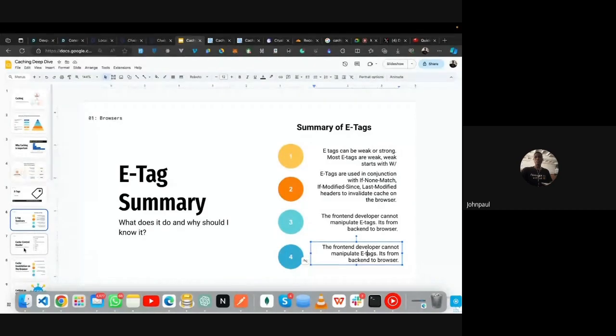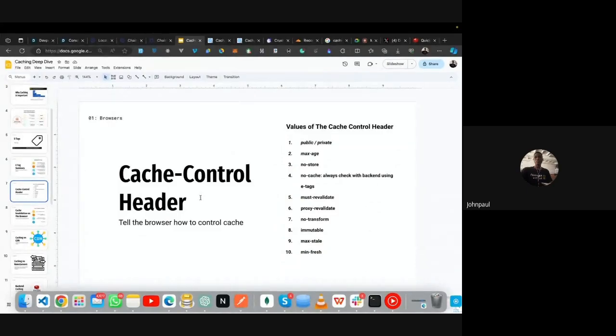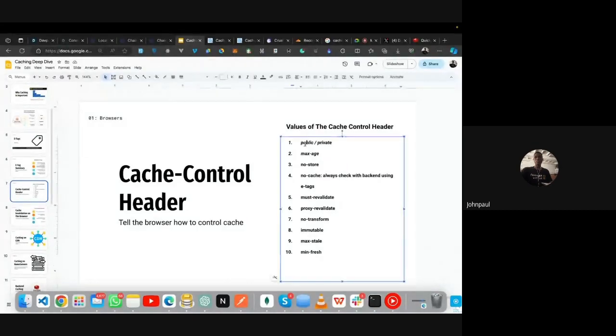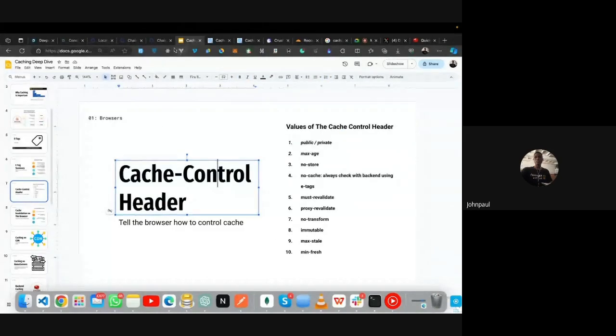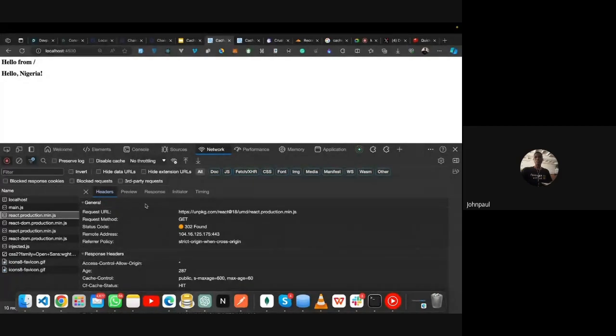So we'll go to the next cache header, which is cache control. This cache control tells the browser basically how to control the cache. And then there are some values here. There's the public, there's the private. For public, it's saying that this is a public cache, like for example, something like React production is a public cache,